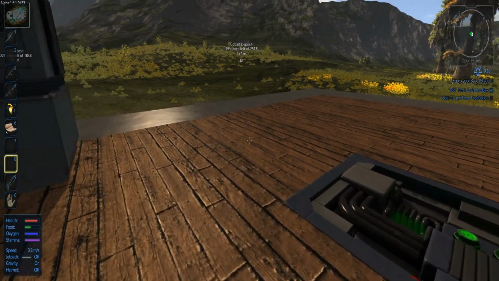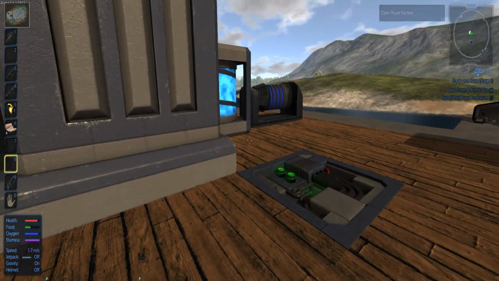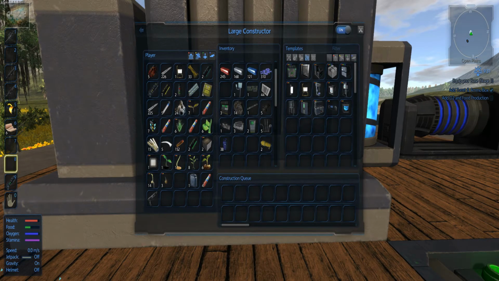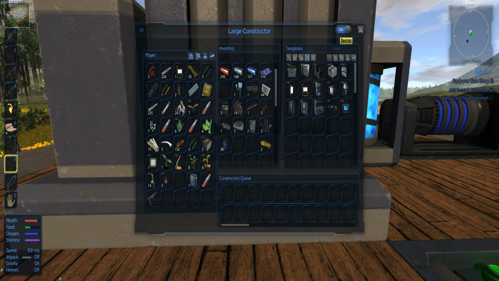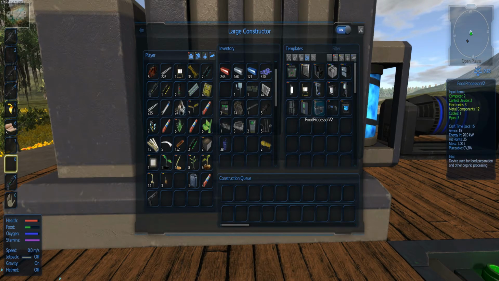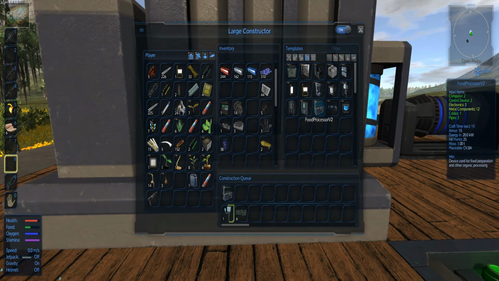Now, let's see. Let's go ahead and see if we can build our O2 and food production. Which means for our component, we need a food processor. That would be that right there, and it looks like it's got to build the 3 electronics and 12 metal components. So it's going to go ahead and do that,